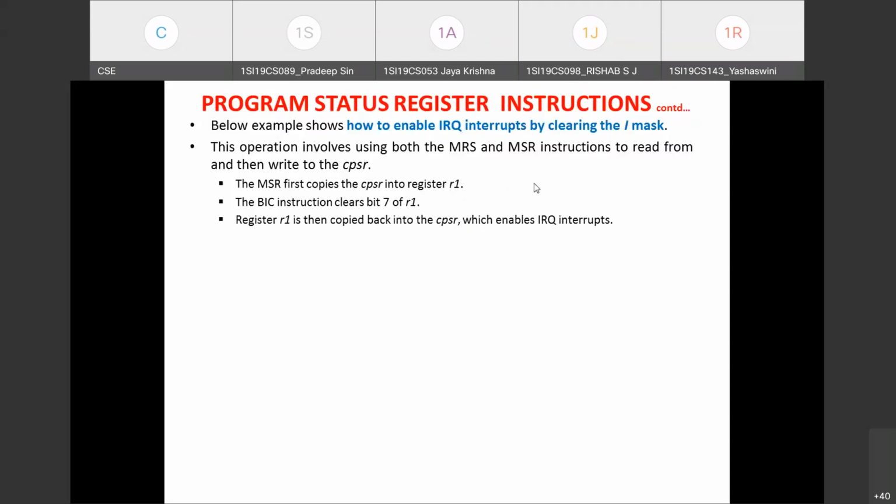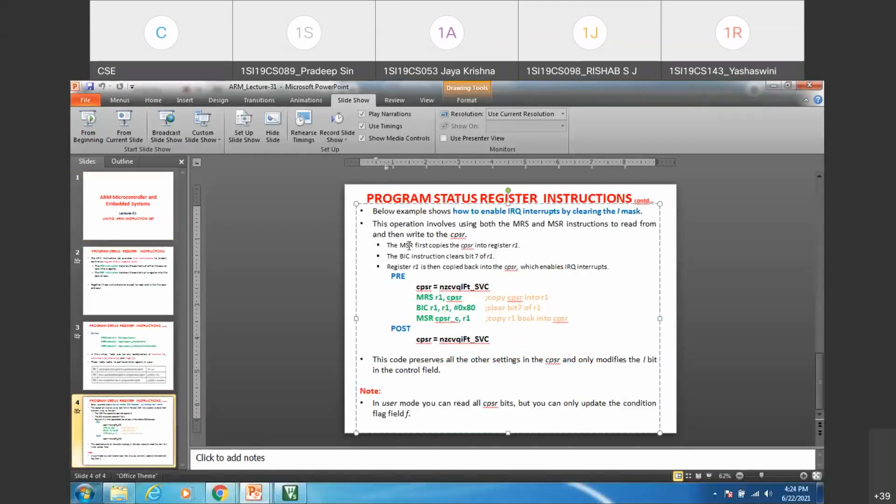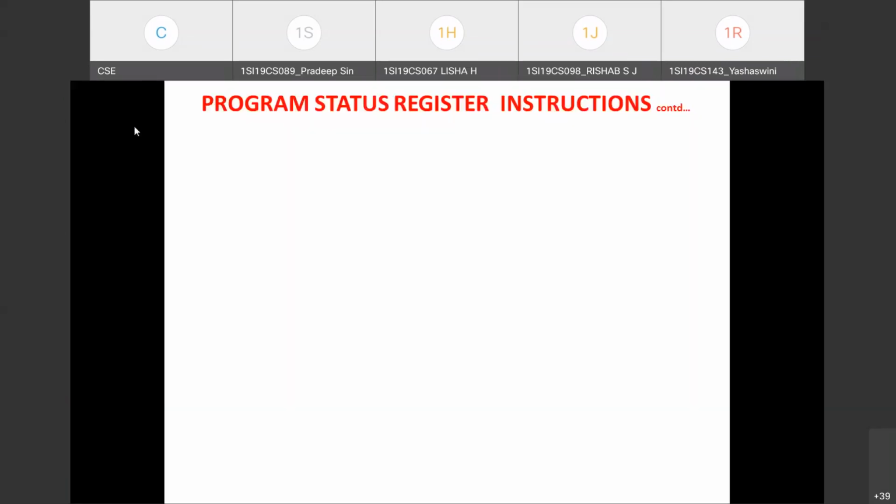Just a slight mistake here: it is the MRS instruction that copies the content of the CPSR register into register R1, and after that the BIC instruction is used, which clears the 7th bit of the R1 register. Then the R1 register is copied back to the CPSR. Which field are we trying to copy? Since the I bit comes in the least significant 8-bit position in the CPSR register, we have to specify the field as C. That's what I mentioned here.